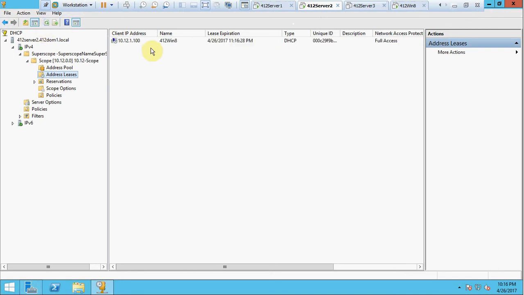So there I have demonstrated that I have created a failover between my DHCP servers, and that is it for